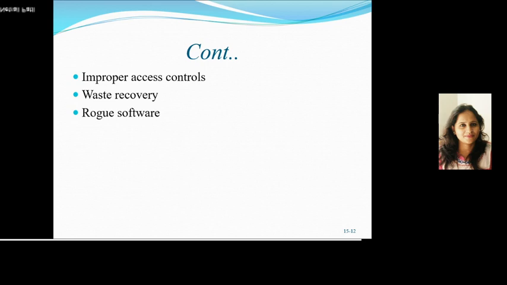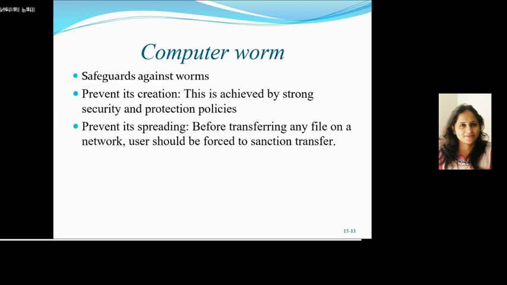And the last one is rogue software, which means programs written to create mischief. Some examples are Trojan horse, time bomb, logic bomb, worms, and virus. These are examples of rogue software.